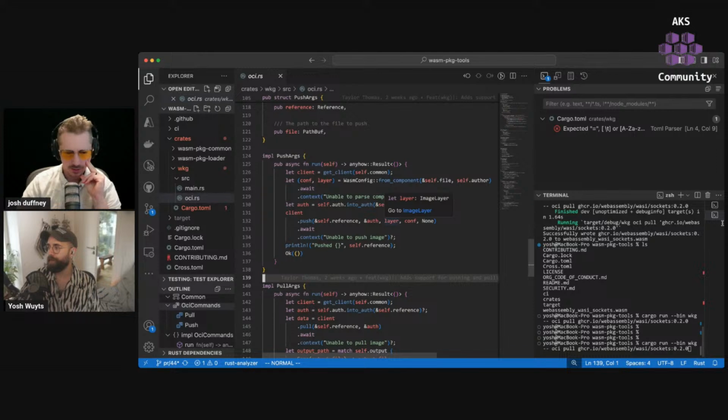Layer config? Where are you seeing it? Oh, so line 127. Yeah. If I'm reading the Rust code correctly, it calls the Wasm config from component, gives it the file of the component, the author, that then is returning layer and config, that's defining them. So then down on line 132, you're passing in default reference pointer for auth, the actual layer, whatever data type that is,